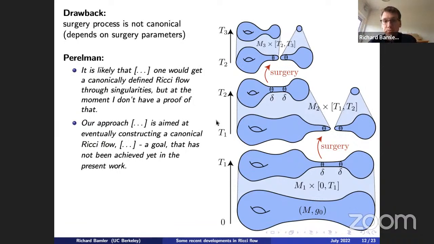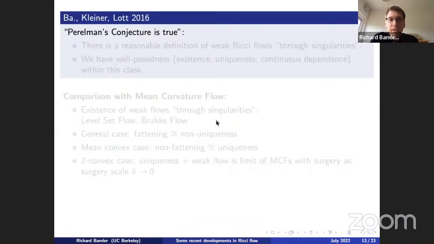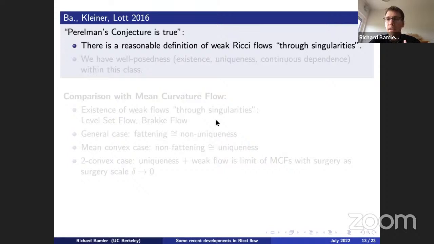All right, so then more recently, first in work of Kleiner and Lott, and then Bruce Kleiner and myself, we proved Perelman's conjecture, or we answered Perelman's question. So let me first say abstractly what we did, and then let me go into more detail on the next slide. So abstractly, what we did is we showed that there is some reasonable definition of a weak Ricci flow through singularities, meaning a flow that somehow flows through singularities on its own without us having to interfere and